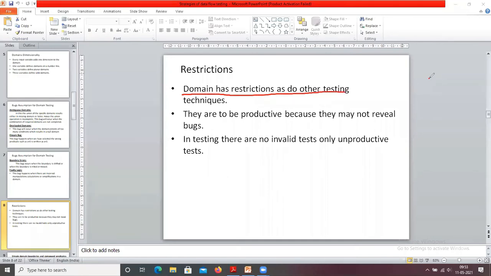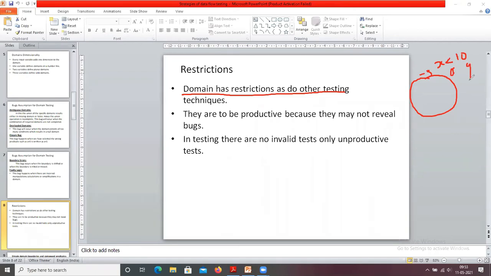I hope you all know the domain. A domain is nothing but a boundary. For example, x less than 10. Now the boundary of x indicates only the values of x less than 10. That means 0, minus 5, up to 9.